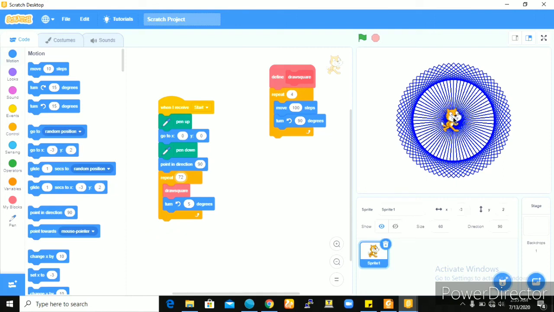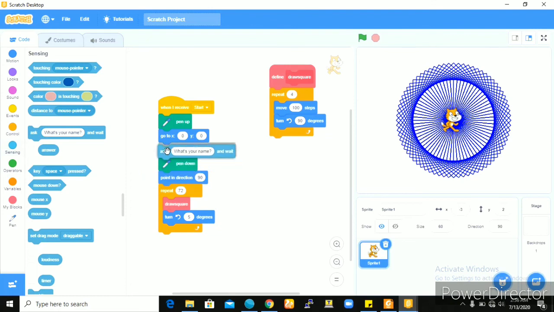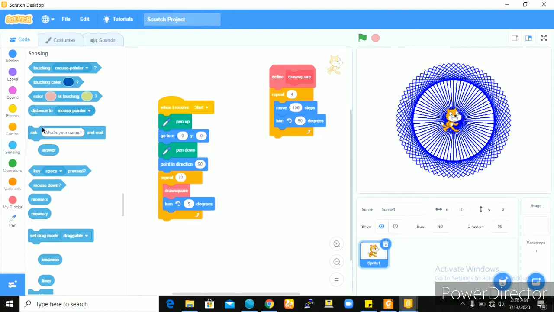Now another thing I think we can do is to ask it the size it would like the squares to come in, the shapes to come in. So to do that, we'll go to sensing and we'll say ask. So you can place it here, here, and here. It really doesn't matter. Okay, well, let's leave it here. And you type in, oh sorry, enter